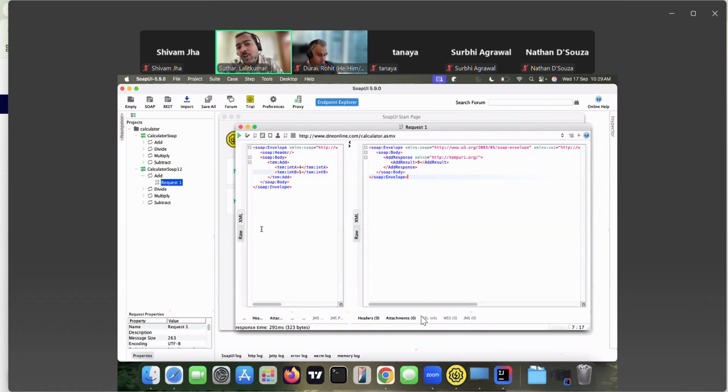You want to add 4 and 5, but if you look at this XML, so much information we are passing over the network. So when you fire these APIs over HTTP, if you have a performance sensitive environment, now imagine the amount of bandwidth you are utilizing,